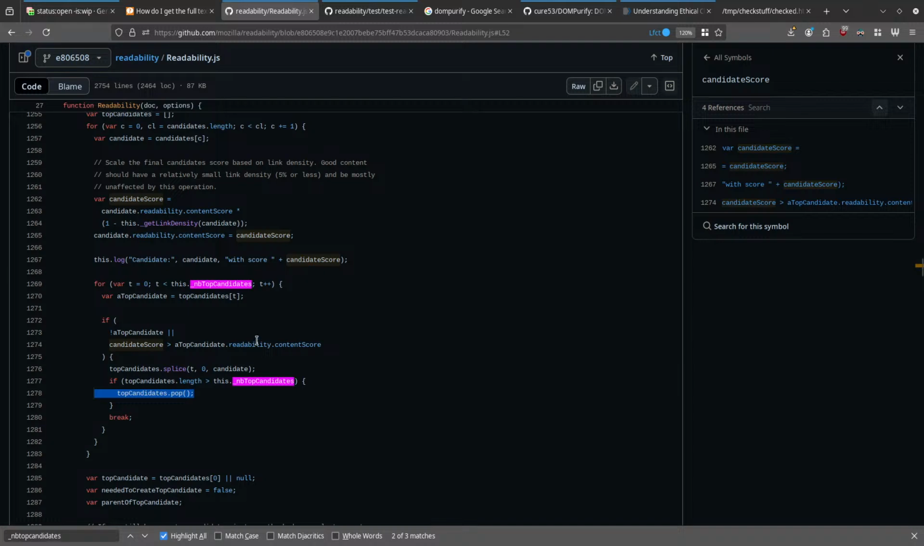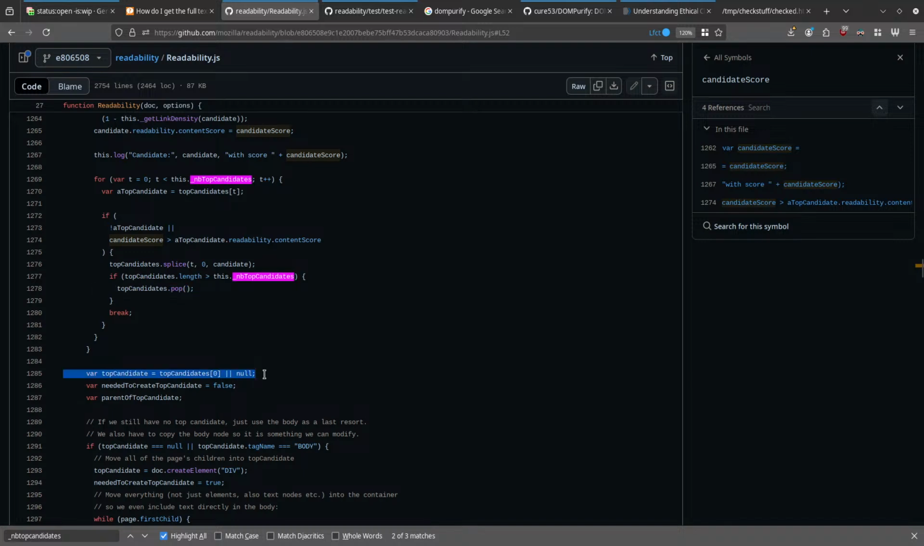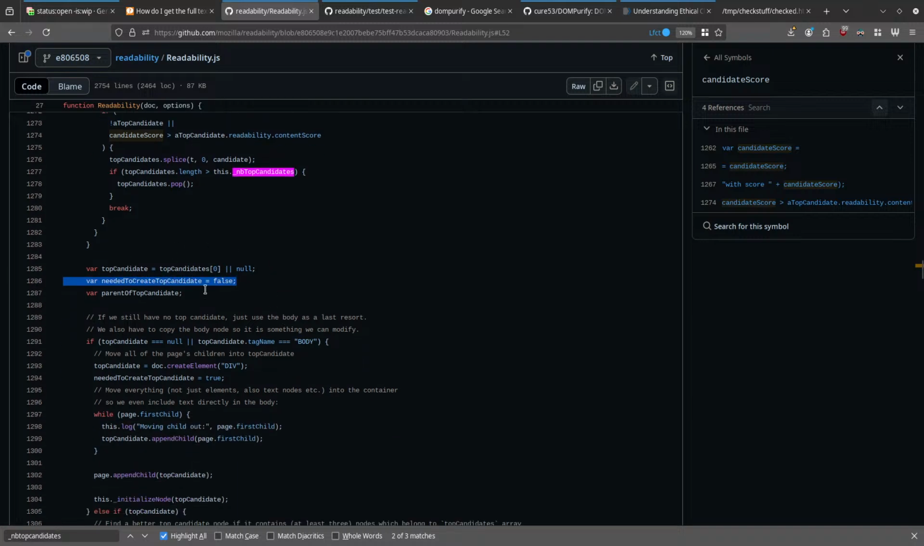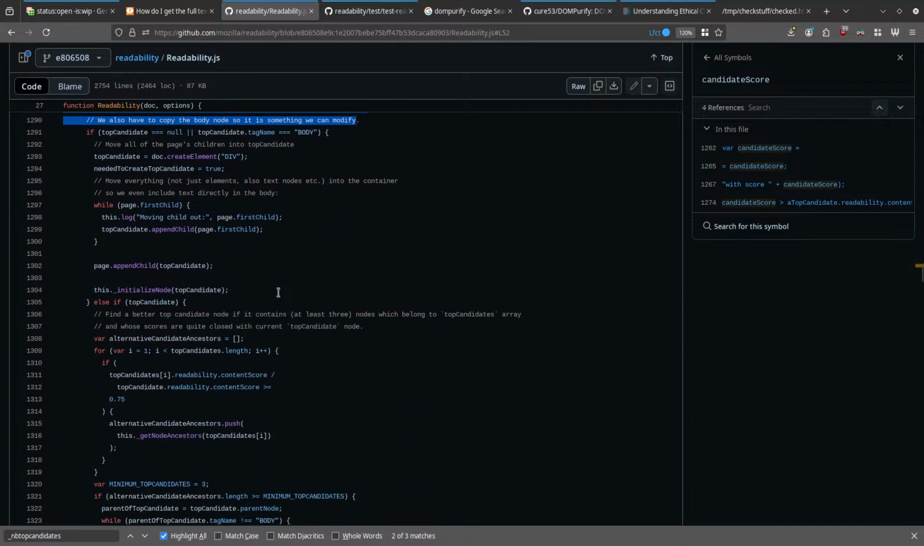We're going to pop, I guess, the lowest stuff off. Then the top candidate is, there's only one, I guess. And we'll say that if we have one, we don't need to create one again. And then we have a parent of top candidate. If we still have no top candidate, we just use the body as a last resort. But if we do have a top candidate,